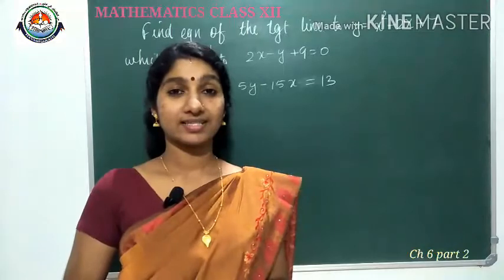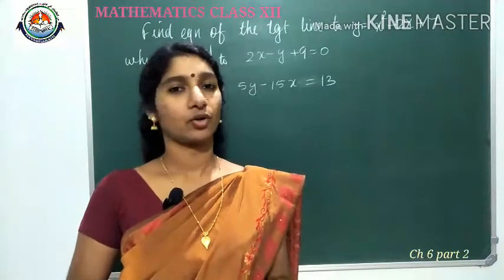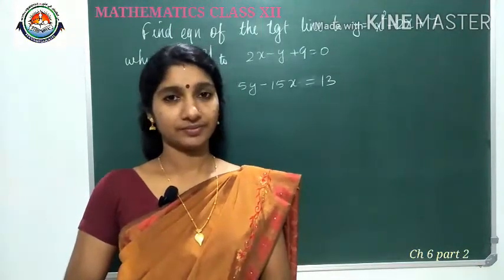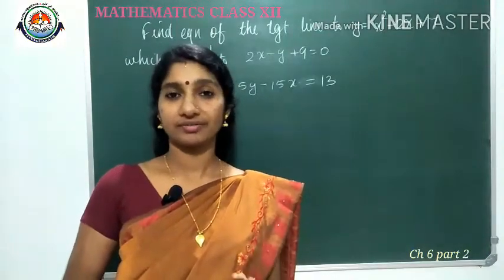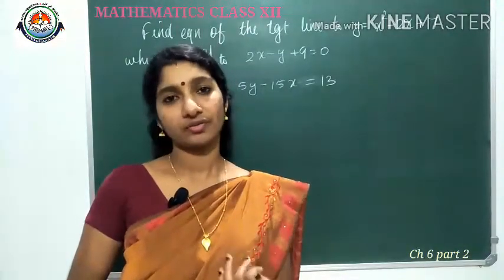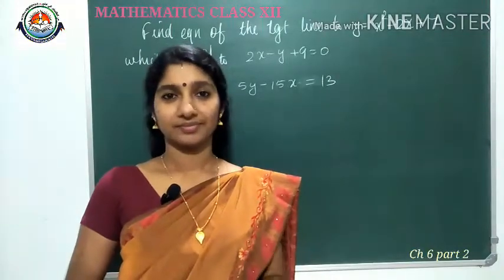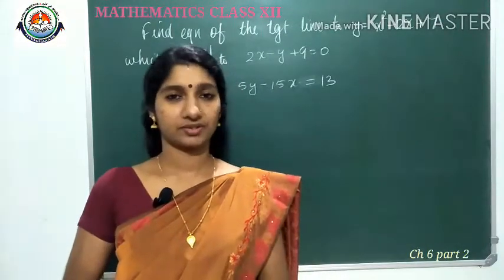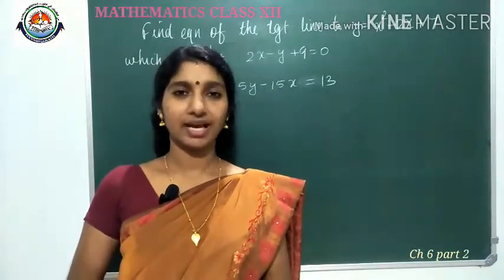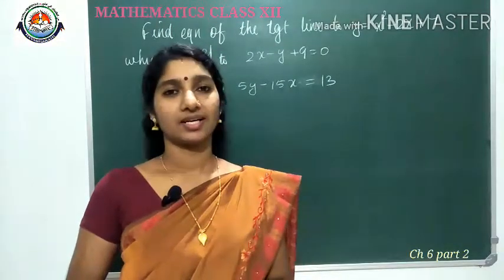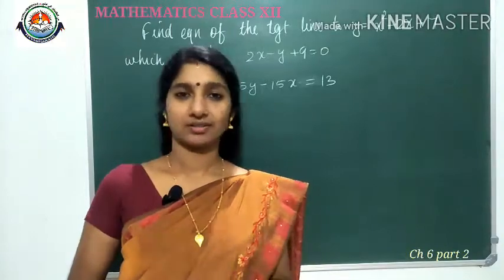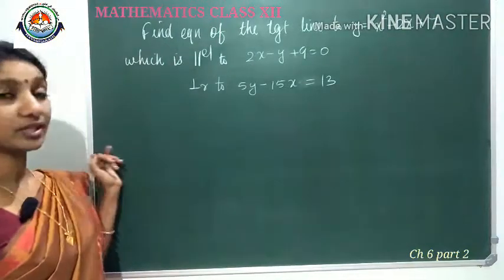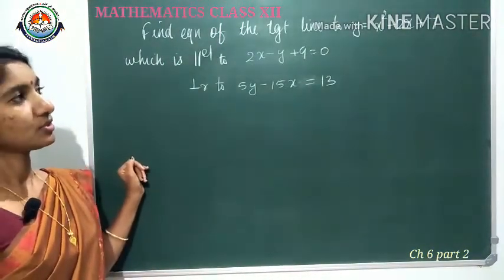In the last few days we were discussing tangents and normals of a curve. If y is given as the curve, you know how to find the equation of the tangent line and the equation of the normal line. For that we find the first derivative to get the slope of the tangent at any point. So for y as a curve, dy by dx is the slope of the tangent at any point of the curve, isn't it?